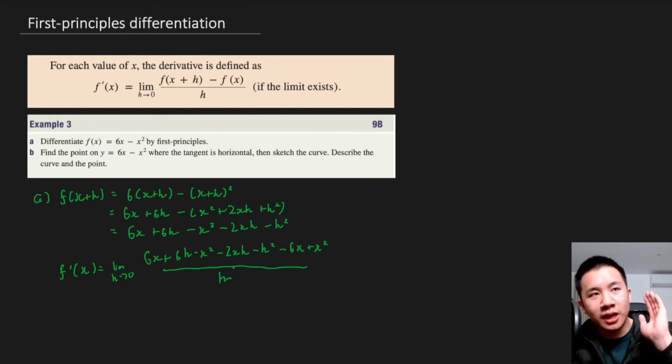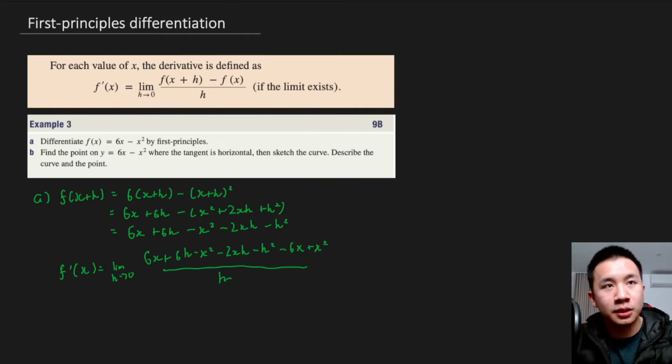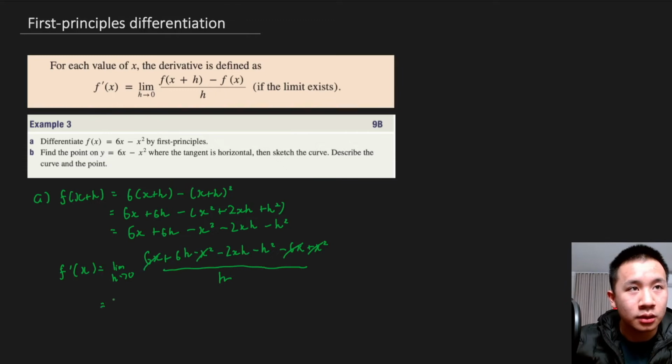Now, if your working out is correct, the top should look a bit simpler if you can collect like terms. So, for example, these x squared terms are like terms and they cancel out. 6x cancels out with this one, and then we're left with these three. So if I just continue on,